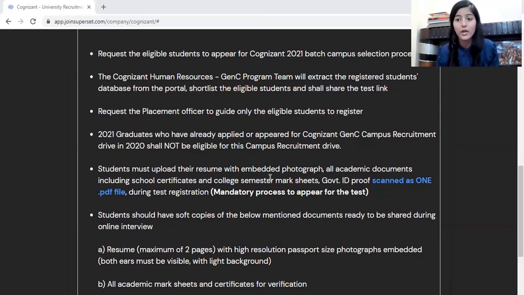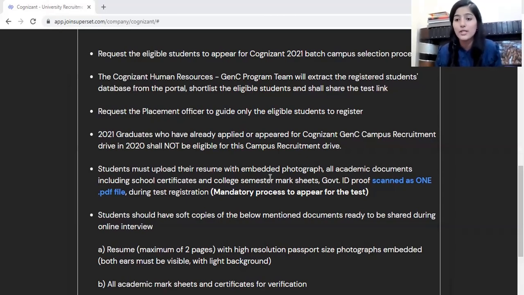This is what you can do. And if you have already applied, just withdraw your application and reapply. This is what you can do. So no need to worry. You can simply withdraw your application and then you can reapply, right? Even if you are facing any sort of problem, don't panic. Just drop a comment. If I have a suitable solution for your problem, I will definitely try to reply to you, right? So this was the problem.